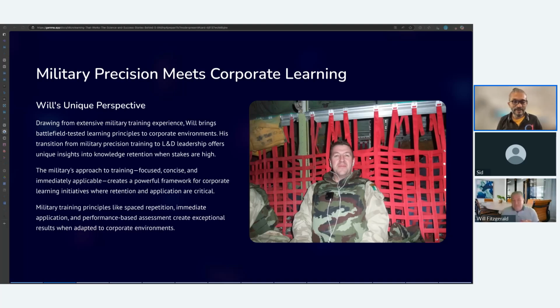That really excites me because ever since I got into instructional design, I've always heard about how much the defense complexes around the world have contributed to instructional design and the learning and design development of it. Why? Because the defense complexes pay a lot of attention to getting things done right, very accurately and in time. A lot of critical risks are involved. So within this, they have really figured out how learning and development, especially training, is a huge, very significant element. So, Will, I'm not going to tell more. I'd like to hear from you about this. That's one of the reasons why this is really exciting to have you on the session.